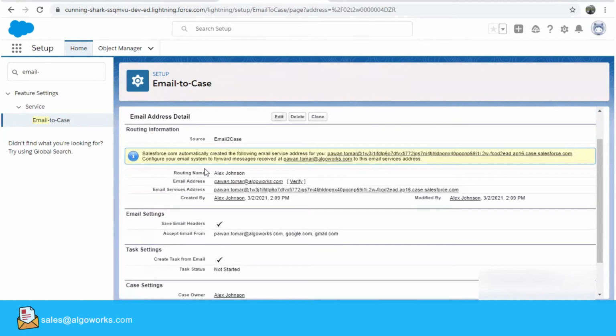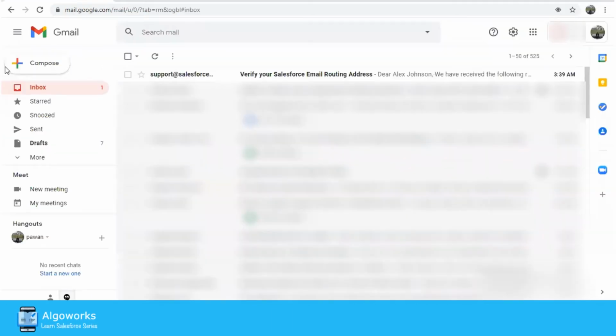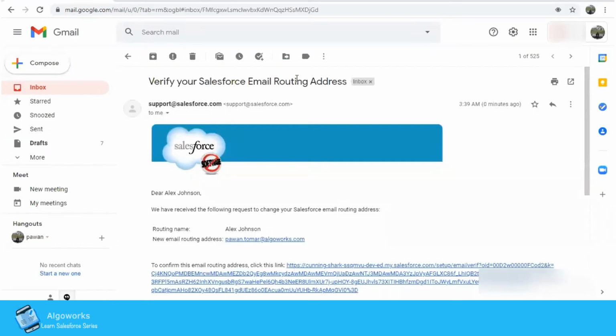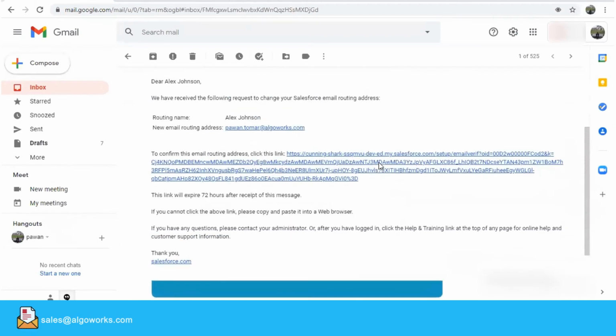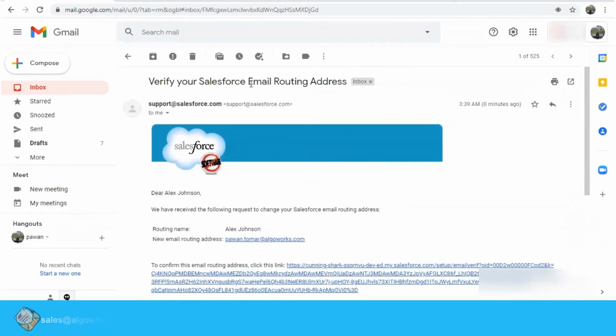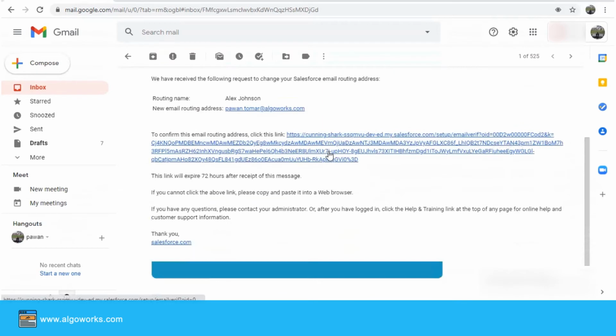Now there you go. You can see the routing name, email address from where the case is supposed to get created. So we can just go back and check the inbox. So yes, there is a mail to basically verify the Salesforce email routing address. So we'll click on the link.